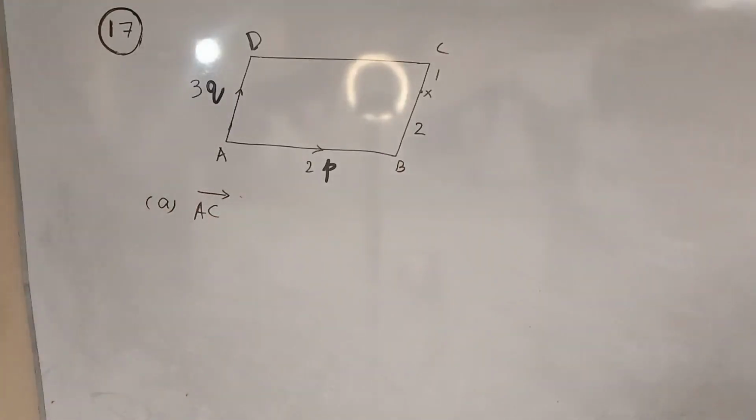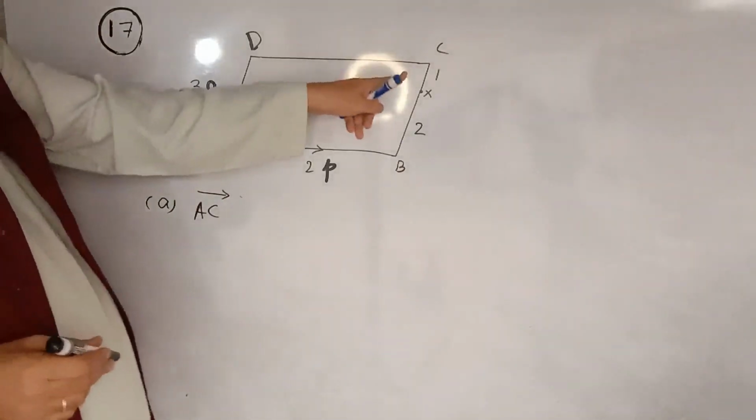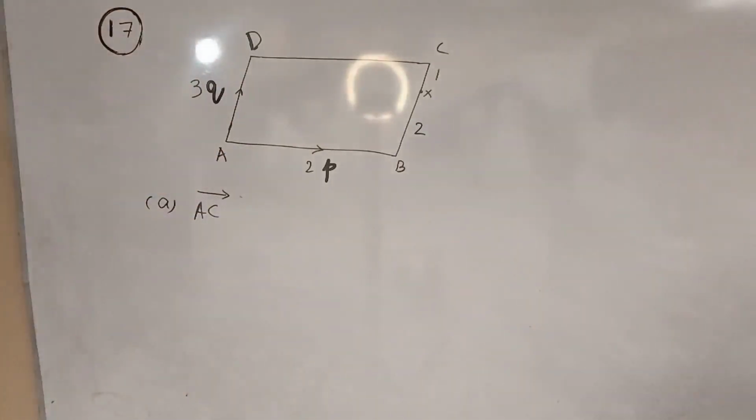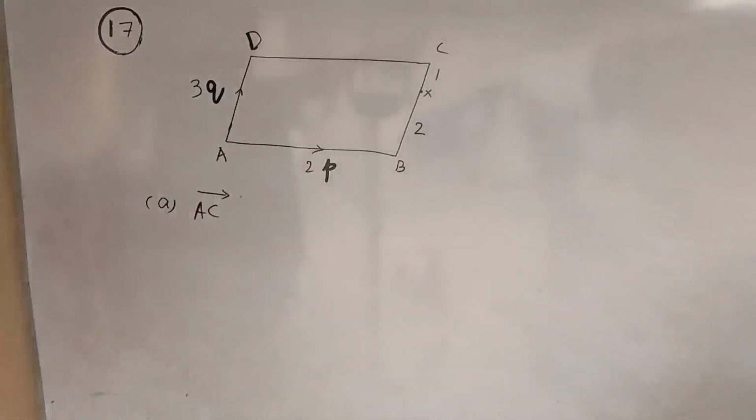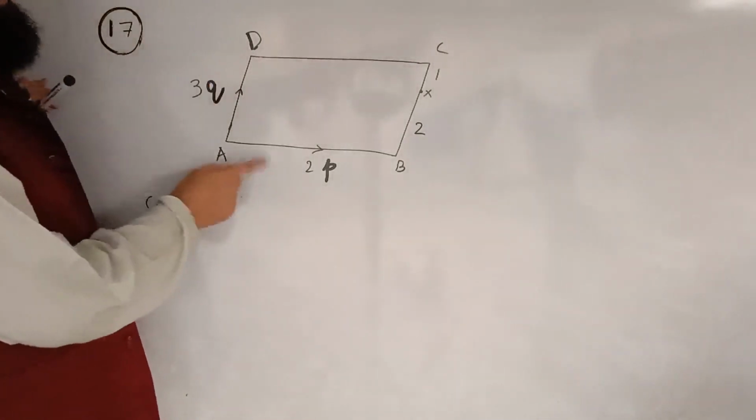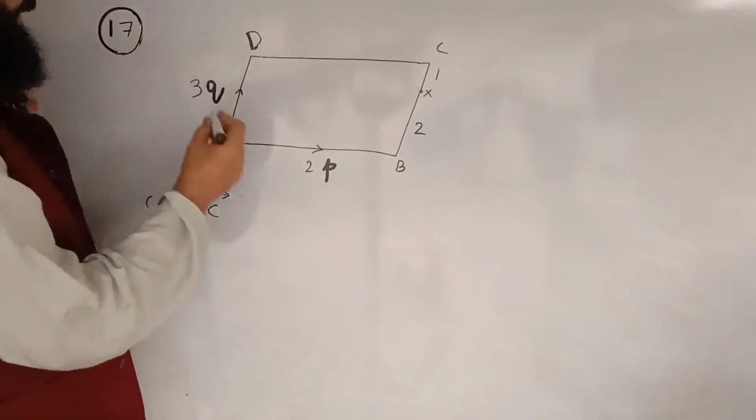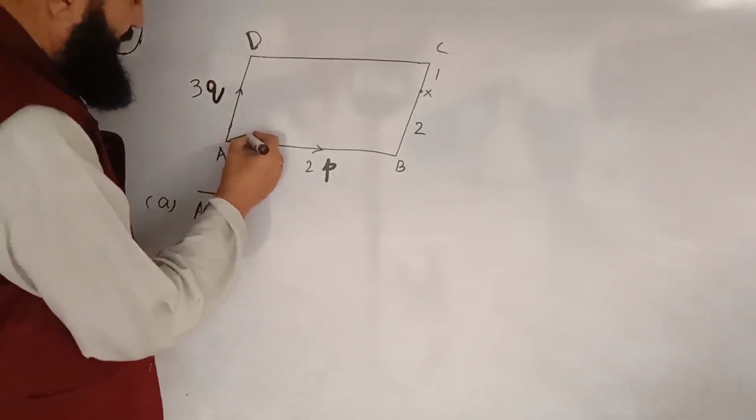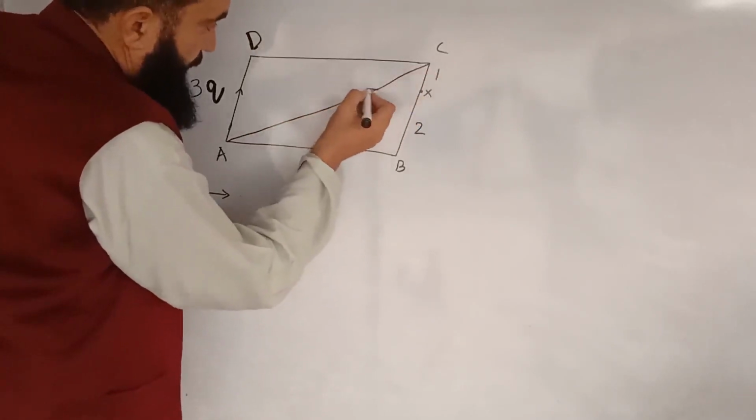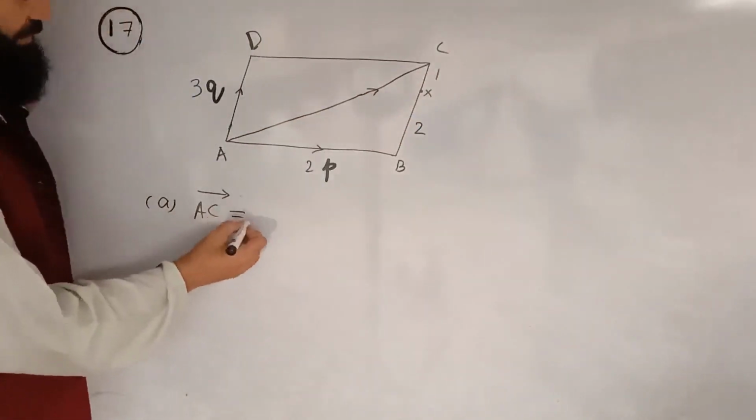The head to tail rule or parallelogram law of vector addition: AC is the diagonal. If two sides of a parallelogram represent two vectors, then the included diagonal will be the sum of these two vectors. So AC is the included diagonal of these two vectors. Therefore, AC will be equal to the sum of these two vectors,